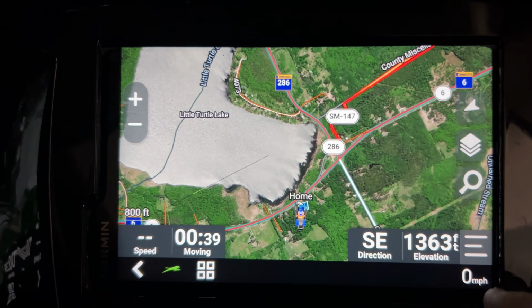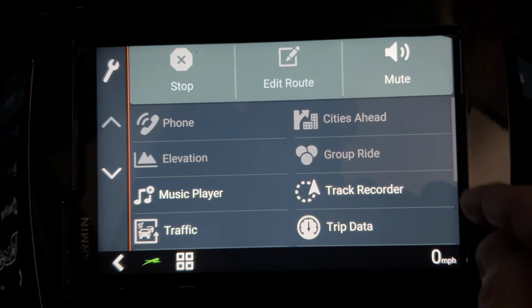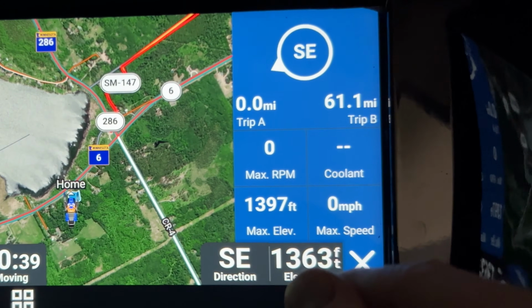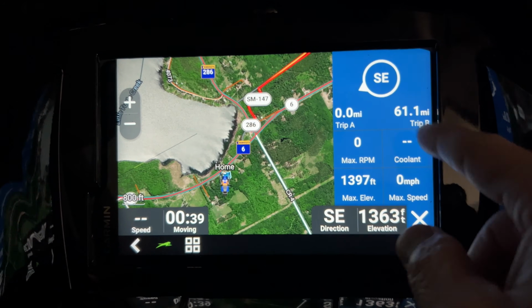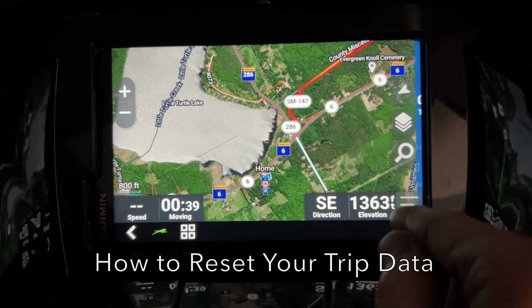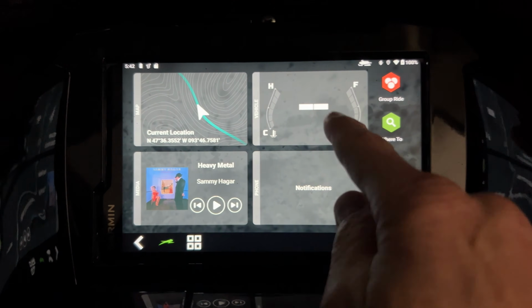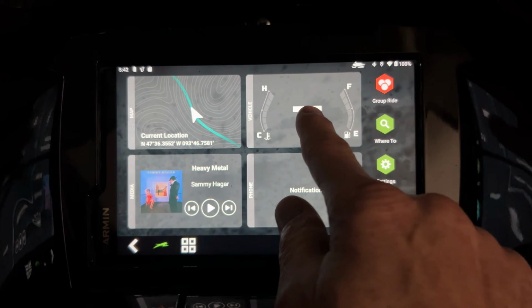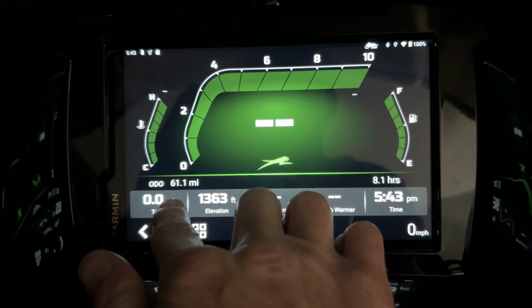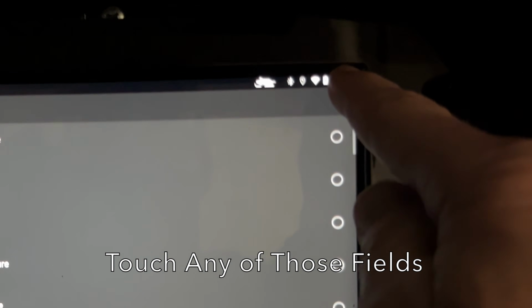Okay, so let's say you've finished your ride, you got your trip information, and maybe took a picture of this, or you wrote it down or something, and everything looks good, and now you want to zero that out. There's a couple ways to do that. Probably the easiest way is to go back to your main screen here, go to the vehicle screen. Now just touch on the trip information, go to the three dots,